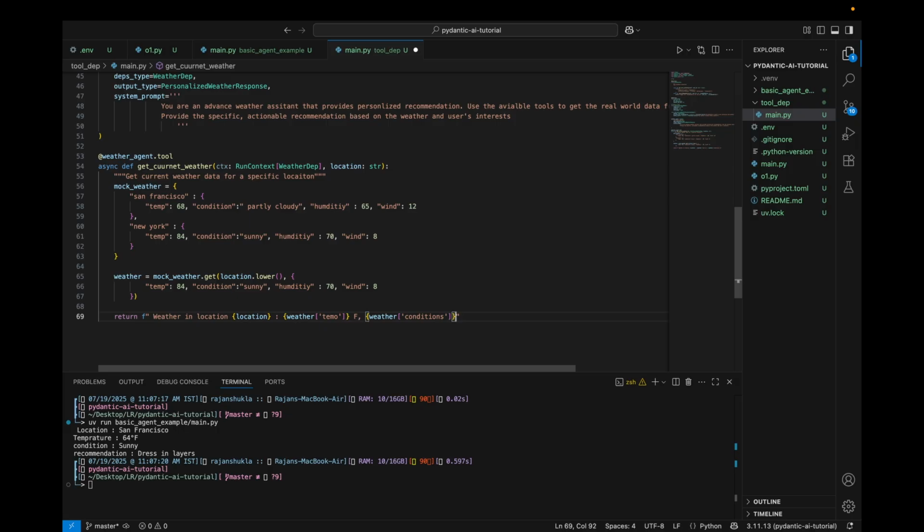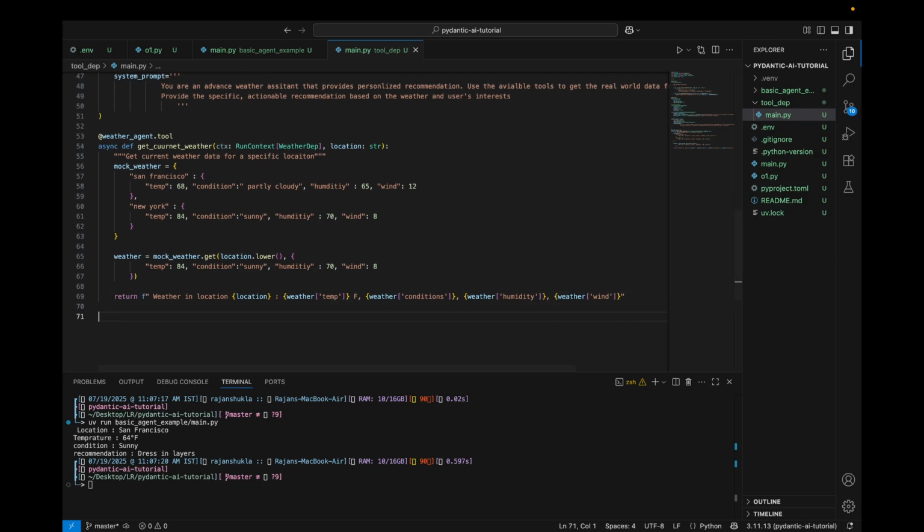The humidity, and the weather wind. Perfect. So this way, when the agent is going to hit this tool, it will give the ability to